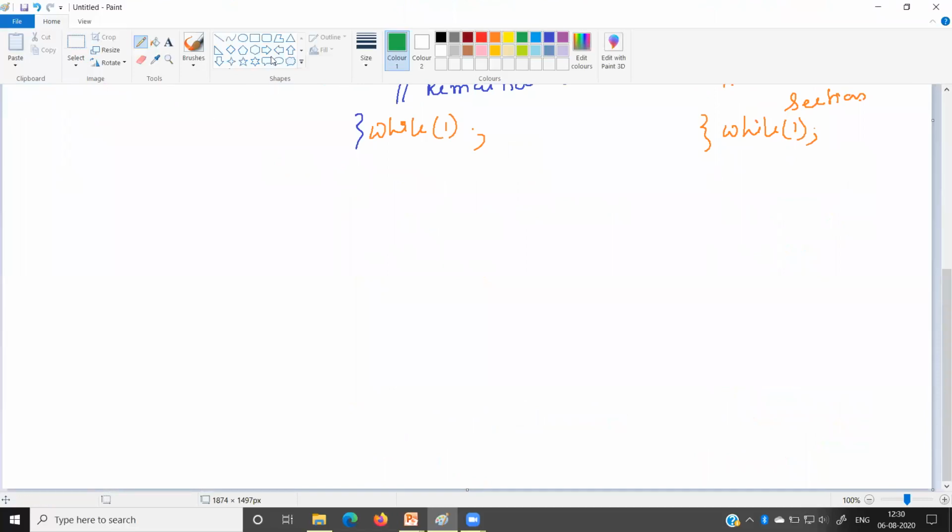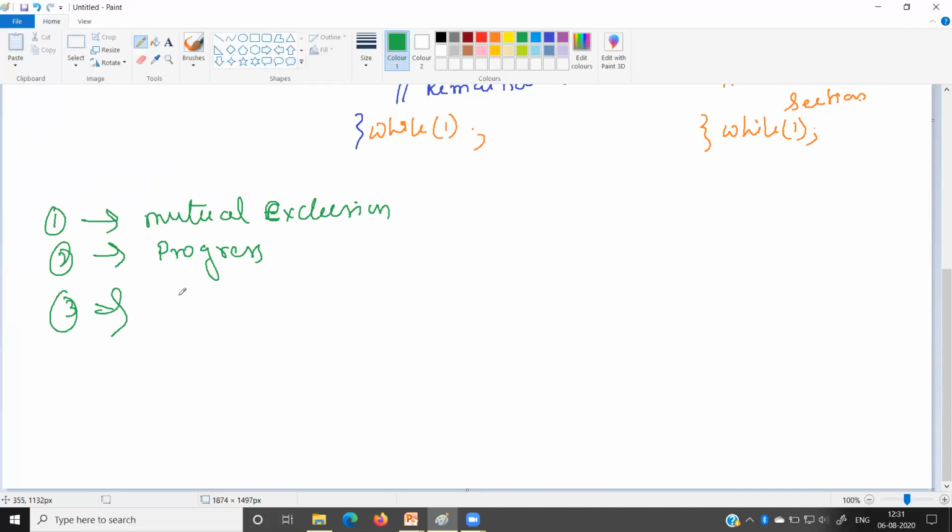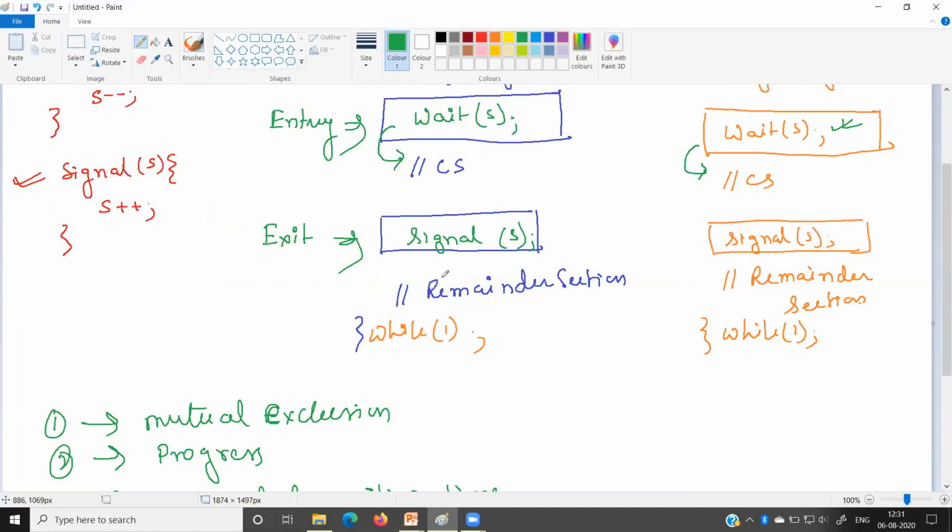The conditions for the synchronization algorithms are: number 1 is mutual exclusion, number 2 is progress, and number 3 is bounded waiting time. Now, first we will check whether mutual exclusion is satisfied over here or not.